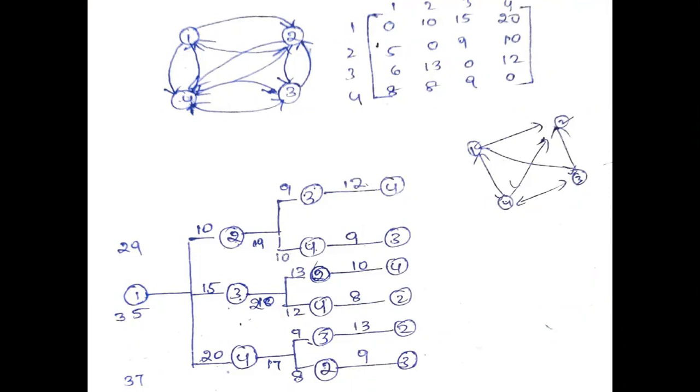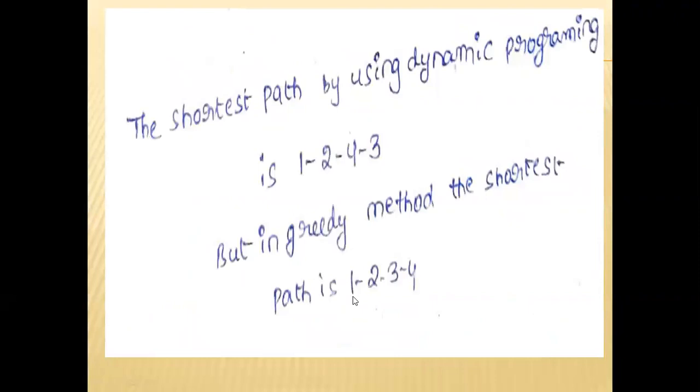So in dynamic programming, you are finding the shortest path from the first vertex over all decision sequences. That means from the first vertex to the second vertex, the third vertex, the fourth vertex. Suppose you start at the first vertex to the second, the second to the third, and the third to the fourth. That is totally 6 decision sequences.